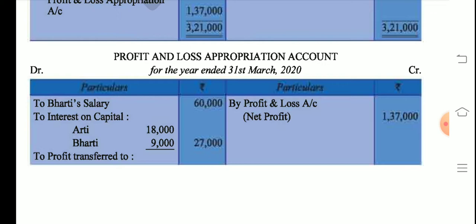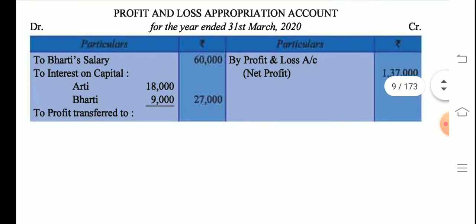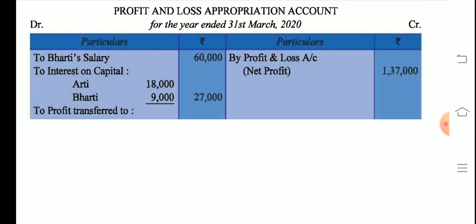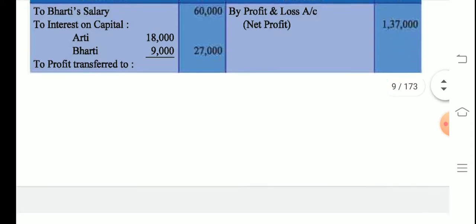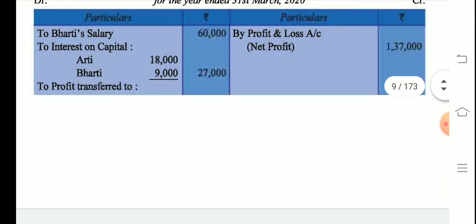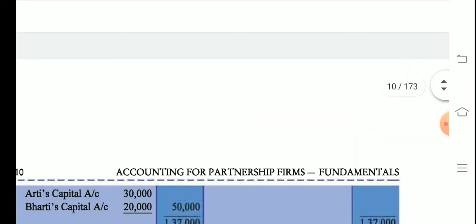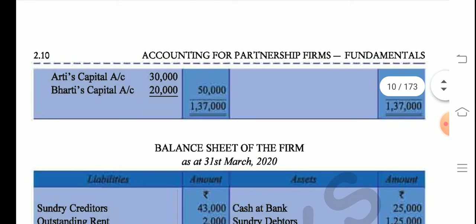So interest on capital has to be paid to both the partners as per their capital ratio and as per their profit ratio. So it's calculated here. So this has to be also paid. So both the items are written on the debit side, being expenses for the firm and this being a nominal account. So last, both the sides are balanced, and out of the balance we get 50,000. So 50,000 is divided among Aarti and Bharti in their profit sharing ratio, which is given to you in the question. So this much you have to understand.